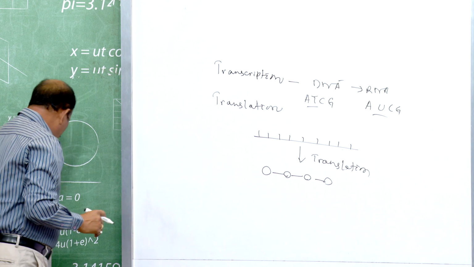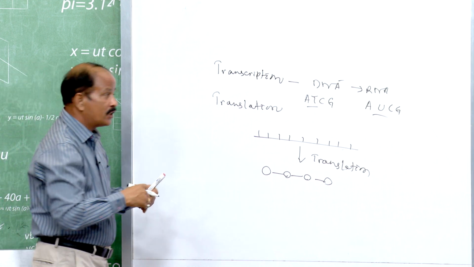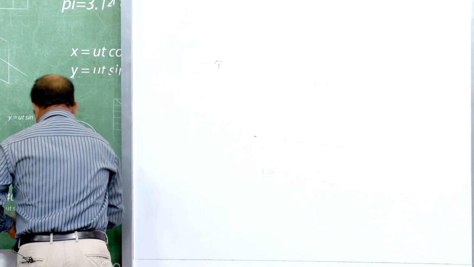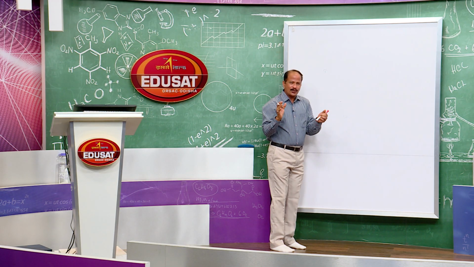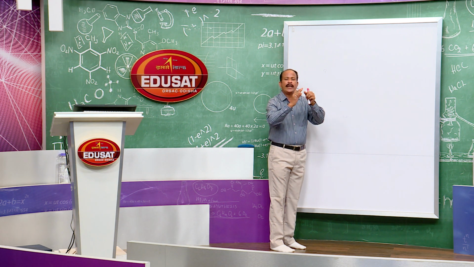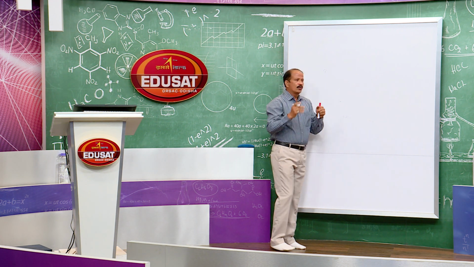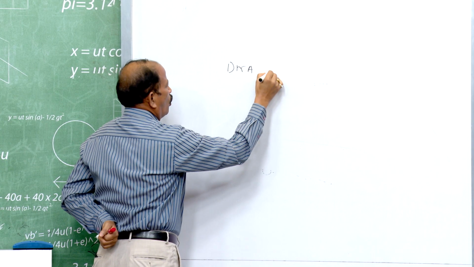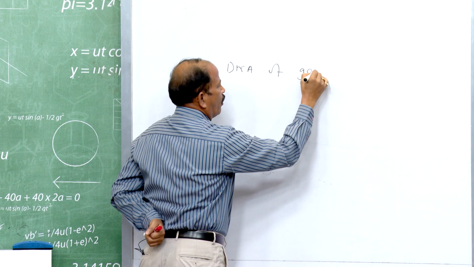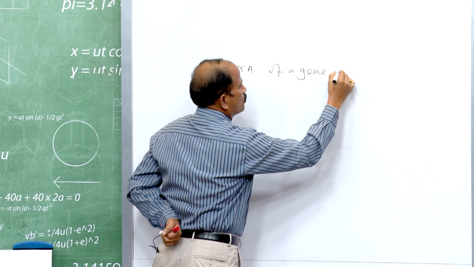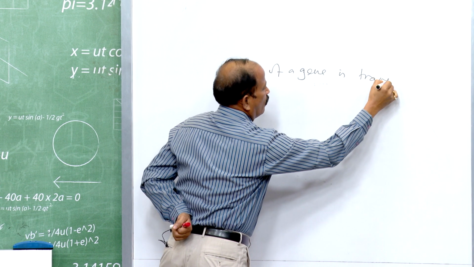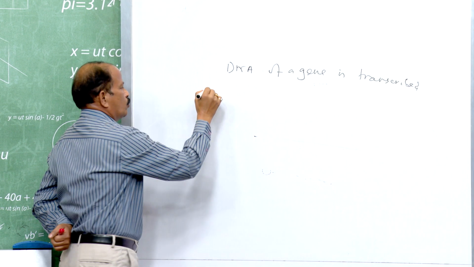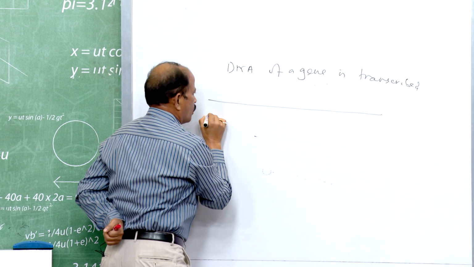Now, what is transcribed, whether the entire DNA is transcribed or a portion of it. As we know, genes constitute hardly 3% of the entire genome. The genes are transcribed. The DNA of a gene is transcribed. So, here if it is at all a gene,